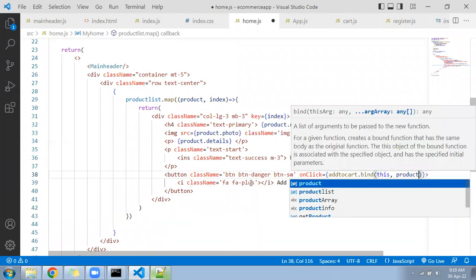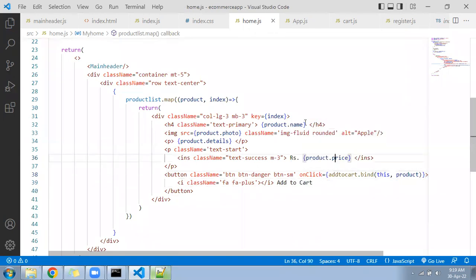Complete one product details we have to send. So you are writing your product dot name, product dot price, product dot quantity, product dot photo. So we are sending a complete product, means one product details. Complete product details we are sending to the